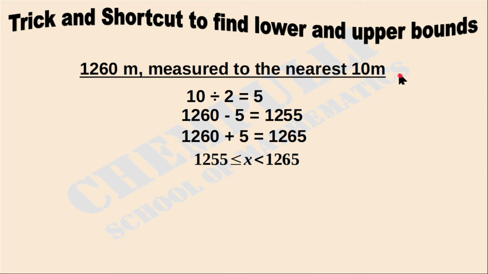The question is 1260 meter measured to the nearest 10 meter. You have to first take this 10 and find half of that 10. Then subtract, and we will get the lower bound. Then add, and we will get the upper bound. Then we can write it as an inequality. The next problem: